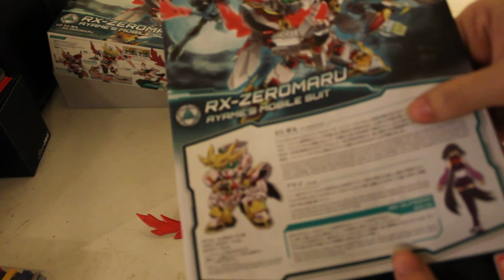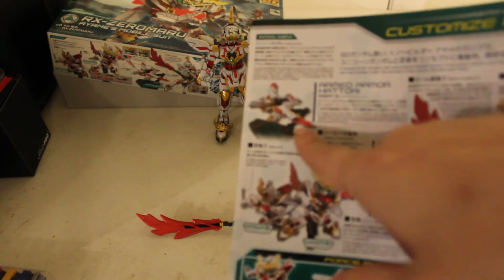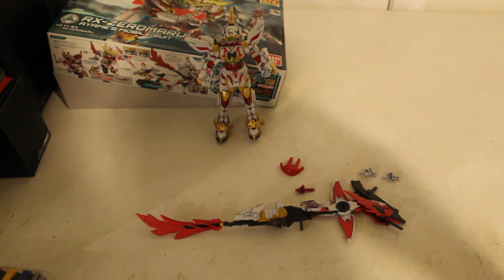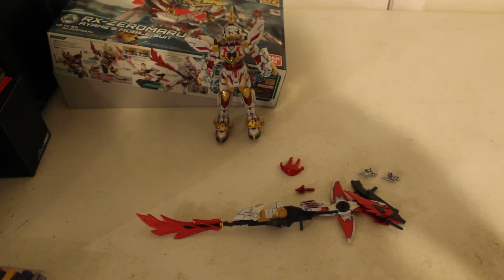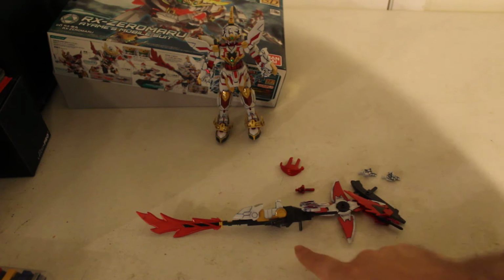More information about Zeromaru. Something about Ayumi. Something about SD Gundam there. On the back, about each of its little modes that it's supposed to have and do stuff. Like the GiMMiCK'S Tengetsenma, which is the bird in its gun mode, where you just take the tail and put the tail